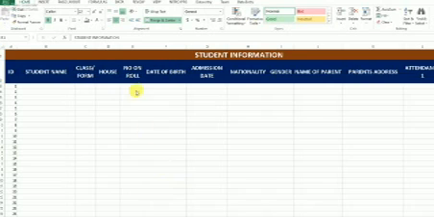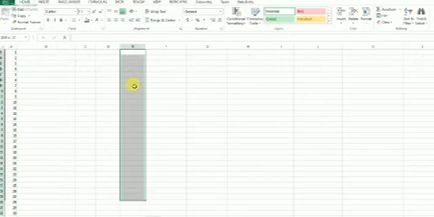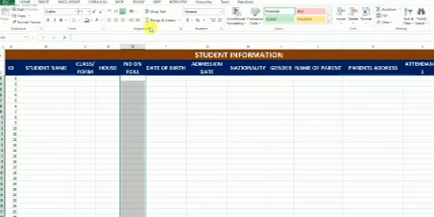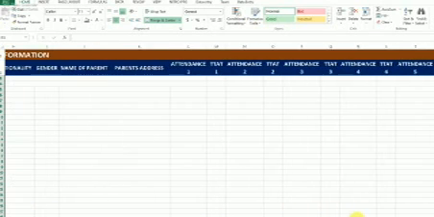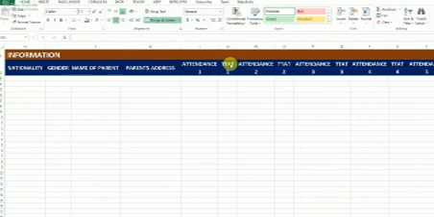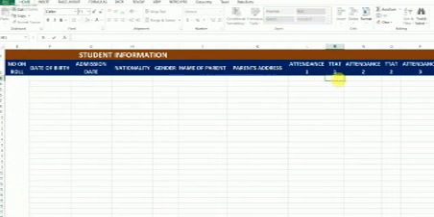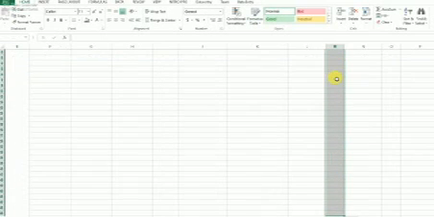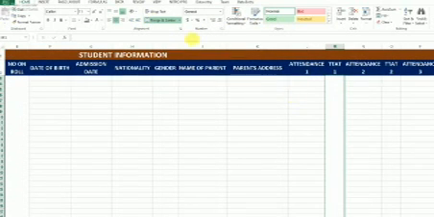Okay, now let's look at the number on row. You click on this, then hold the down arrow key to the last person, that's the 100, and then you click on merge and center. Then you do the same thing for TT81, that's the total attendance 1. You select the whole thing and then just click on merge and center.